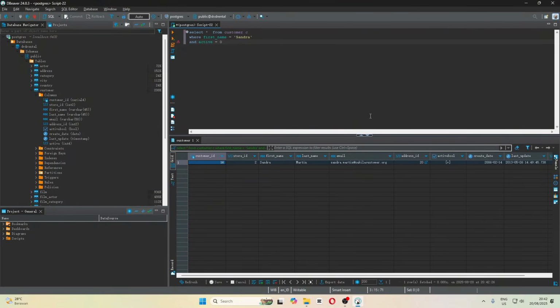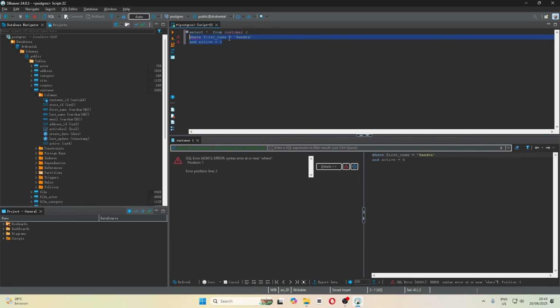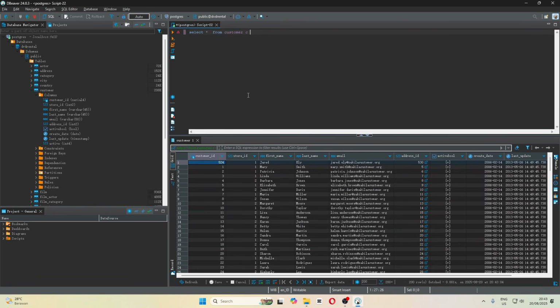Finally, let's talk about order by. This command does exactly what it sounds like. It sorts our results. The data we have looks good, but it's not really sorted in any meaningful way. Let's check our customer table. As you can see, we have customer ID in the customer table with the serial data type, which means if we have a new customer, it will add up at the latest customer ID.